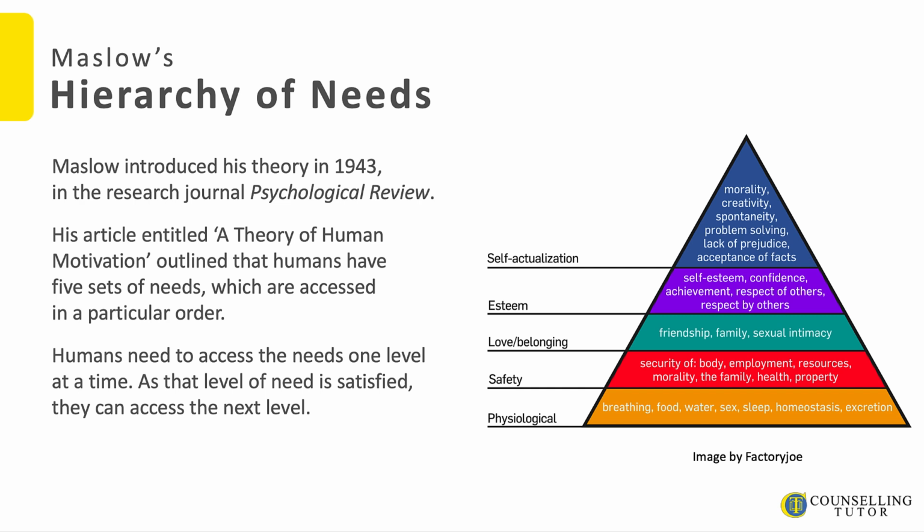And as you can see on the right, here is a classic triangle for Maslow's hierarchy of needs, with the physiological right at the base, and then we work our way up through safety, love and belonging, esteem, and then to self-actualization. And for a lot of people, that actually is the model that they use, that is very familiar to a lot of people.